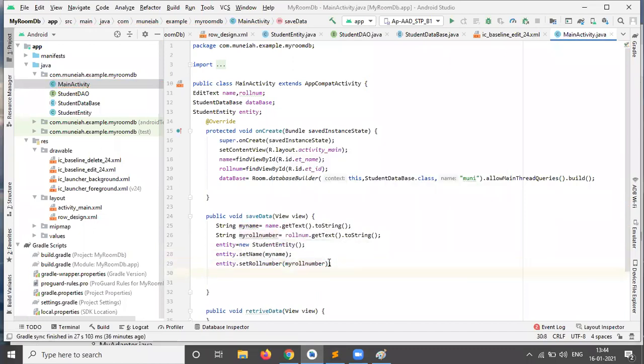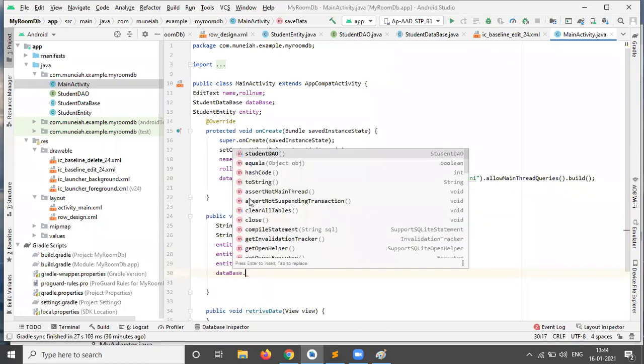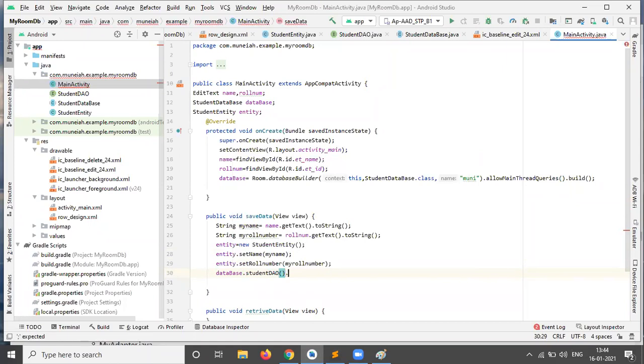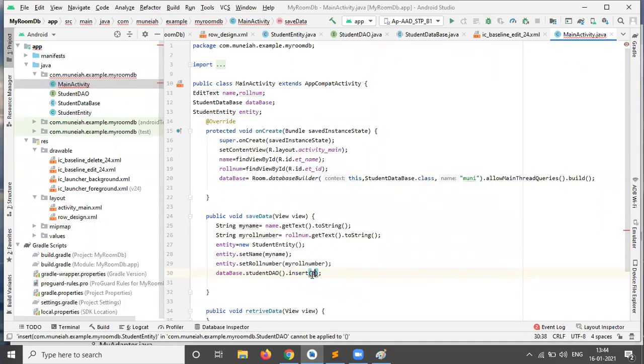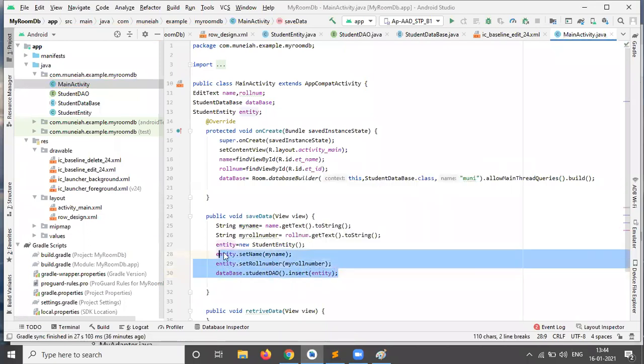Then you can call our database, and within that the student DAO class. In the student DAO class, we call the insert function, and within that insert function I am passing the entity. By this way, we will insert the name and roll number data.